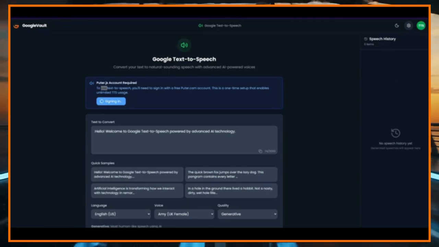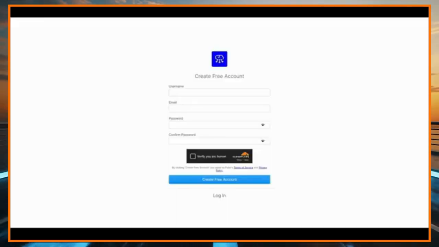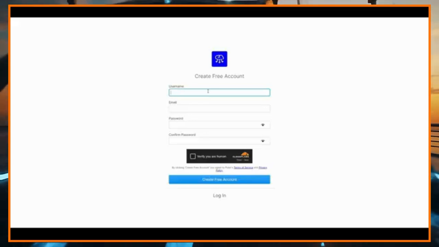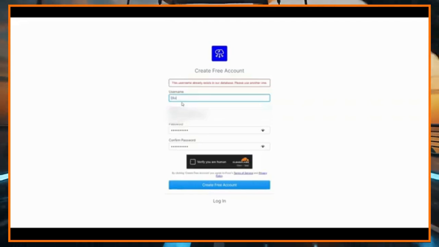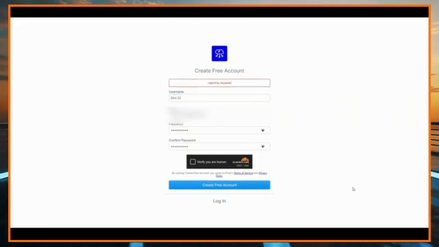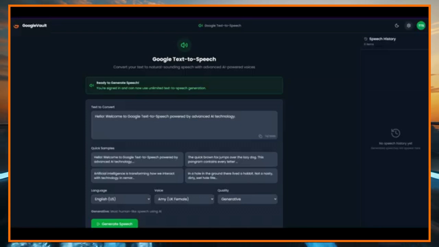To register it, click the Sign in with Pewter button given in the top action bar to open the pop-up window for sign up for Pewter. It's just one-time registration only. Enter all your valid details and then sign up. After the successful sign-up in Pewter, it will automatically close the pop-up window, and then the action bar inside the